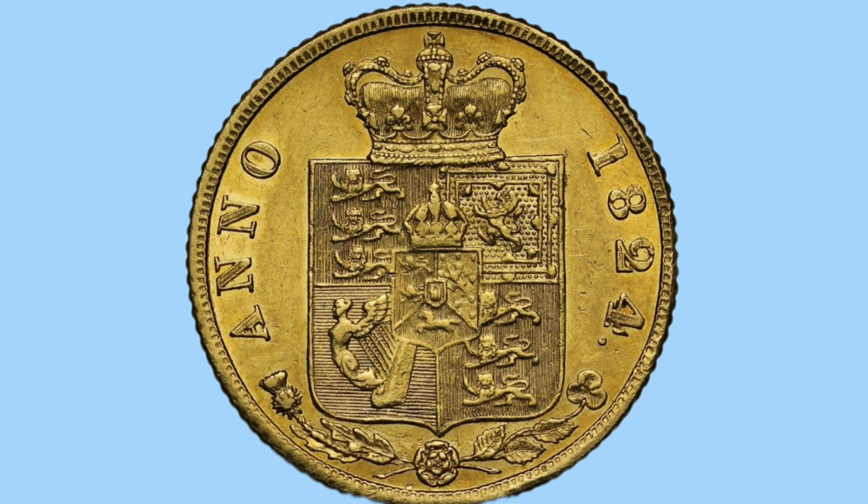This royal shield is crowned with the St. Edward's crown at the top, and within the royal shield is a Hanoverian shield, and that shield is also crowned. Either side of the shield we see the words Anno and then the date 1824, which is of course when